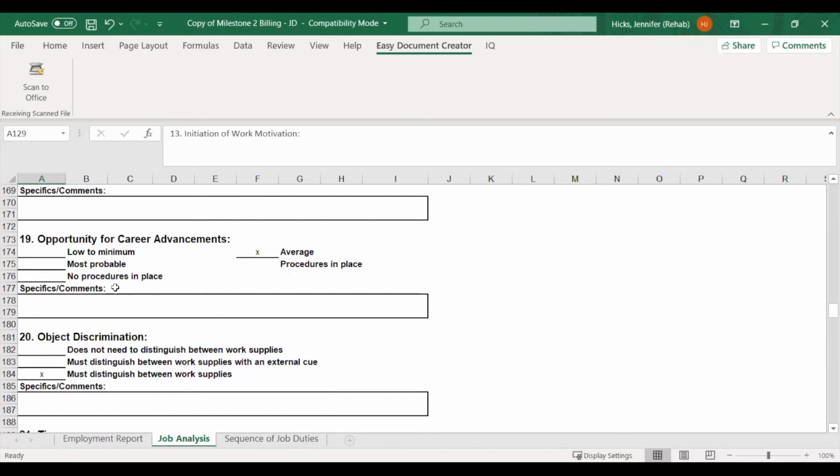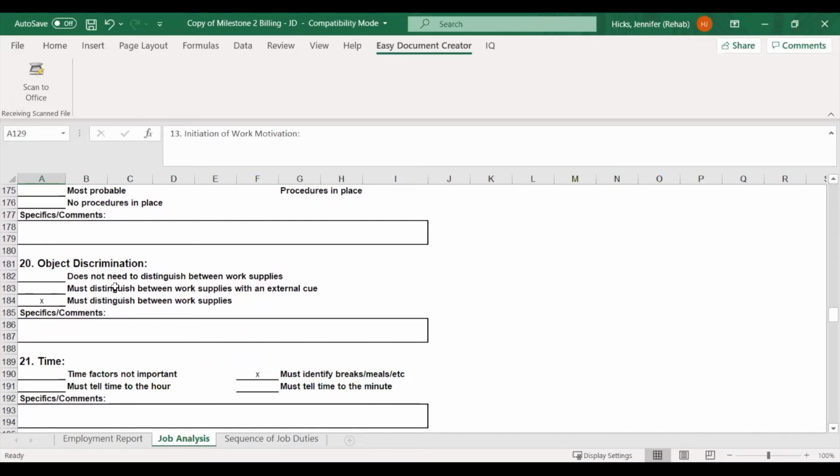So number 20 is object discrimination. Do they need to distinguish between work supplies, or must they distinguish between work supplies with an external cue, somebody telling them, or maybe they don't have to distinguish. So in this case, we put must distinguish between work supplies.